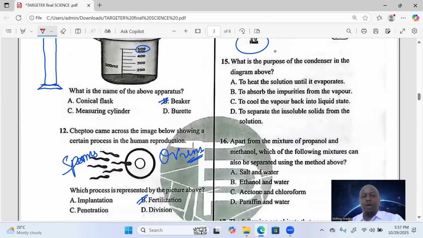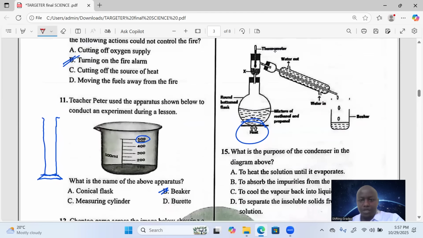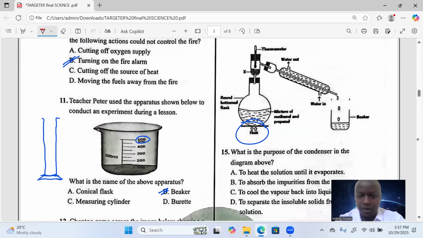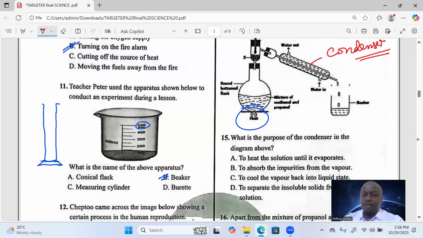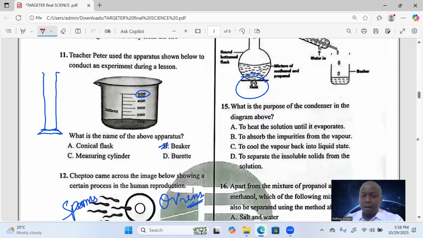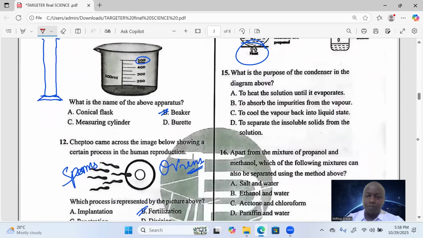Look at number 15 now. What is the purpose of the condenser in the diagram above? This one is the condenser. Sometimes it's the Liebig's condenser. And this one, its work is to condense the vaporized liquid back to liquid form,